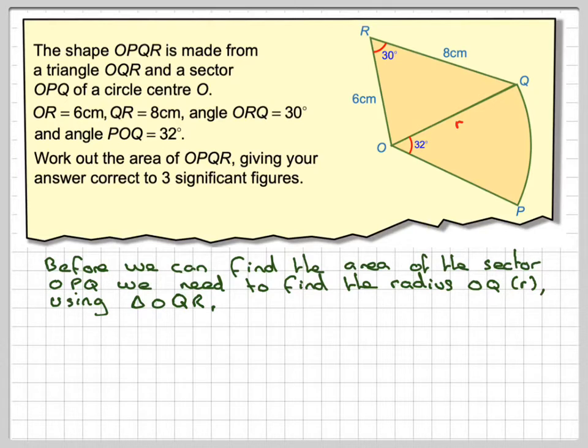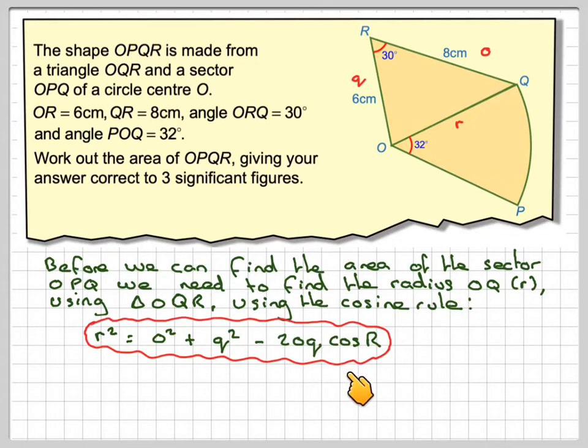And we know that this length here is Q because it's opposite angle Q, and this is little o because it's opposite this angle here. We've got 2 sides and the included angle, so we use the cosine rule. So the cosine rule will say that R squared, i.e. this length squared, will be equal to O squared plus Q squared minus 2OQ cos R,